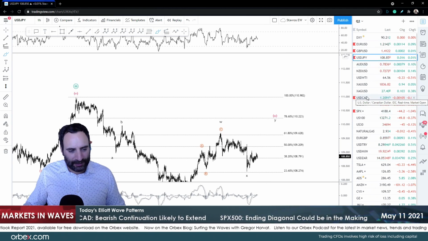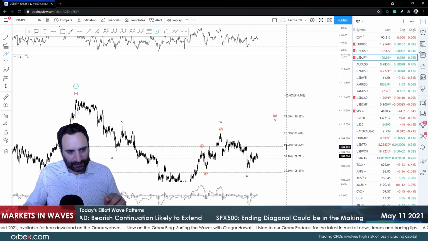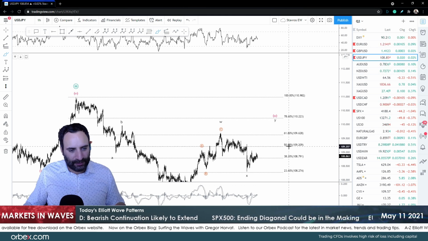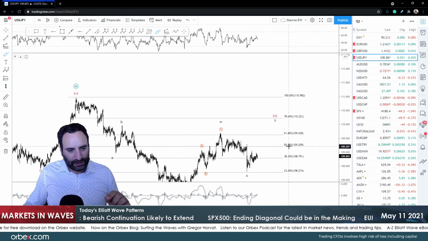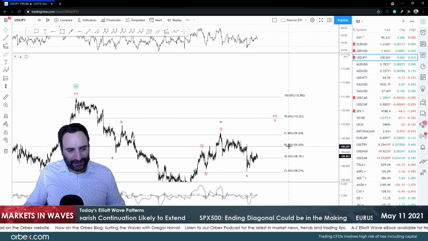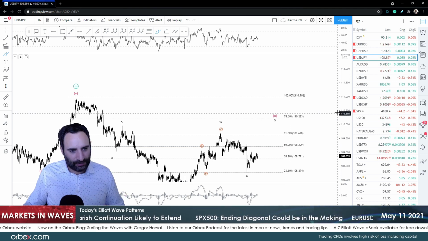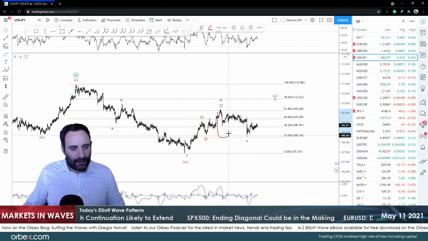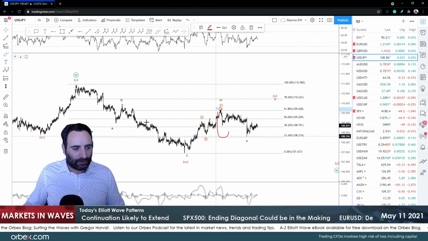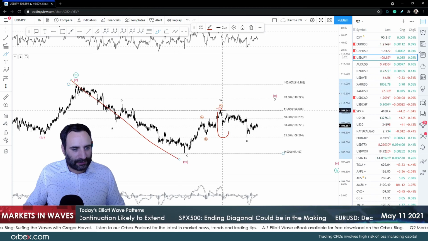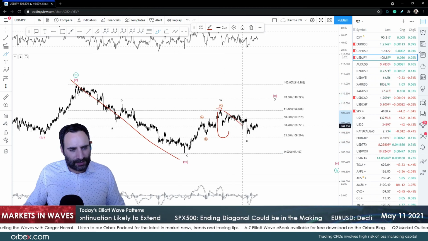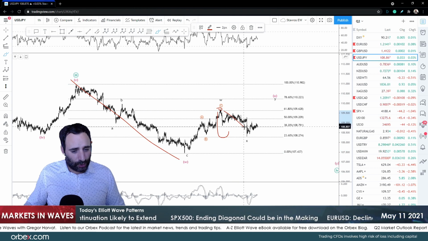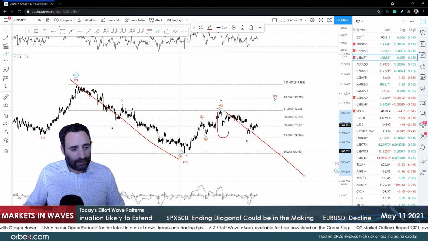So I would really pay attention to what's happened if we get to 109.20, what happens once we get there? Okay, because that's the 50 Fibonacci of the downside leg, and we've also done the 61 Fibonacci of the downside leg. Okay, so we can still remain a bit cautious, because it could even be a case where that's an